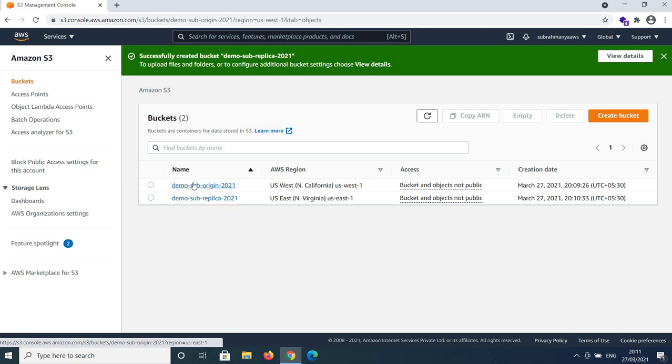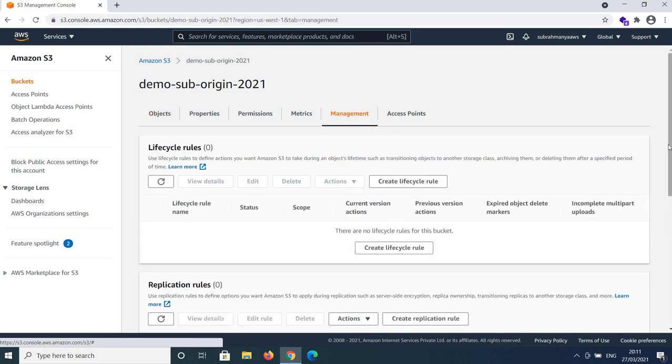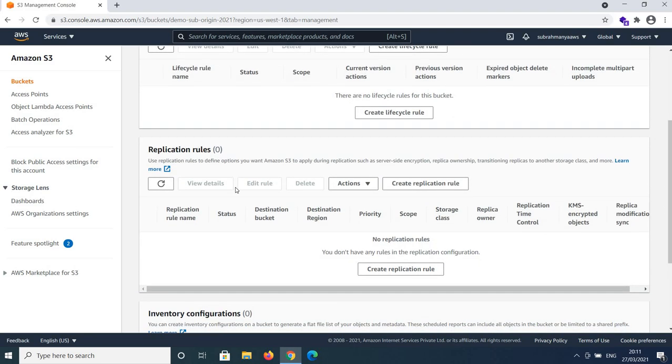I will click on this one. Then I will go to management, scroll down, go to replication rules and click create replication rule.